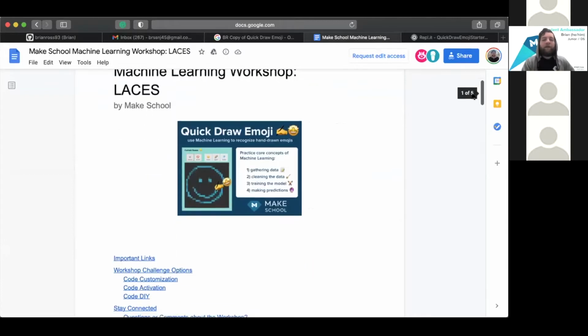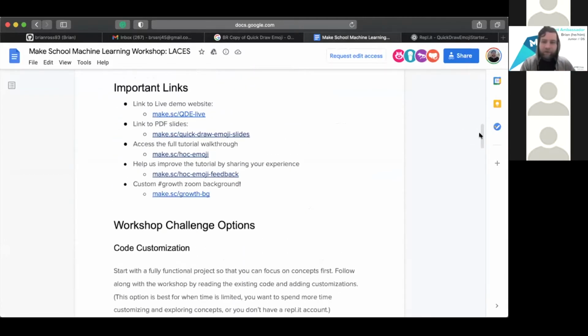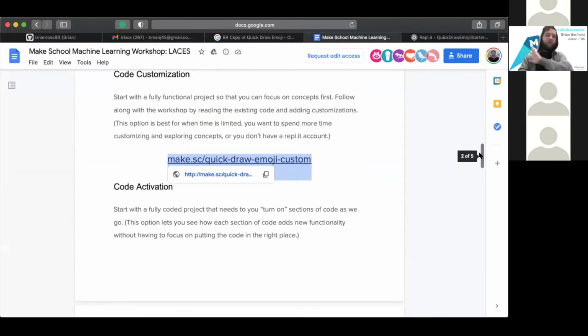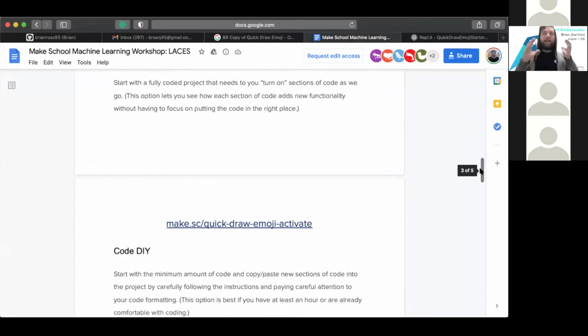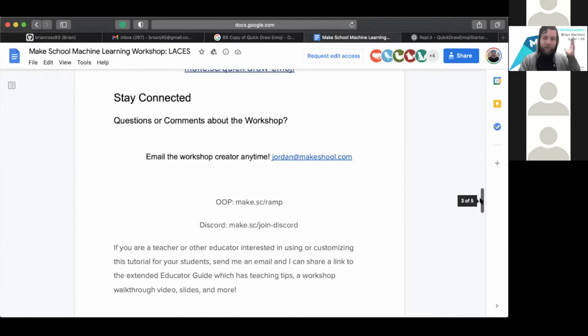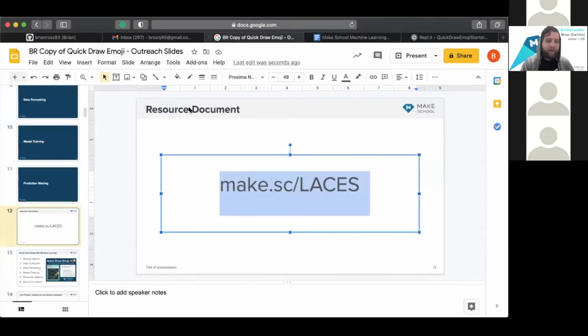The machine learning workshop master document. There's a whole bunch of links here, and there are different levels of this tutorial. One is fully functional and you can mess with it. Another version is a walkthrough, like a tutorial, where you could build this thing yourself and throw it on a resume, a GitHub, or a repo, whatever you want. We're going to be going through this document as we go, but there's your document.